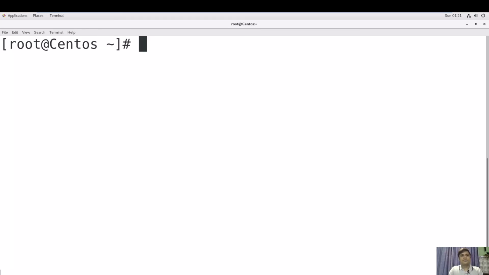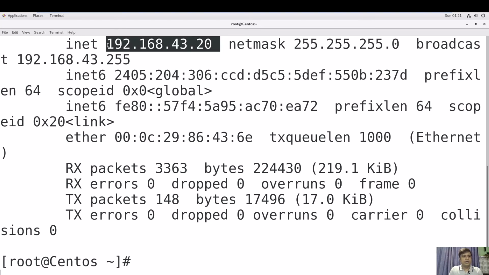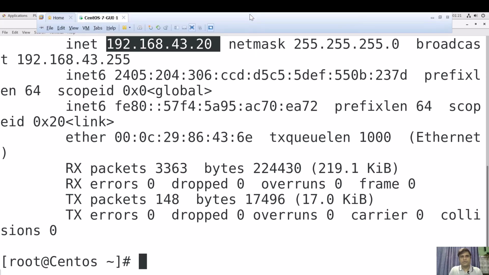Now I will show you how this U1 can access this server via PuTTY. So first of all, you find out the IP address. So ifconfig and ens37, which is on bridge, right? So this is the IP 192.168.43.20.